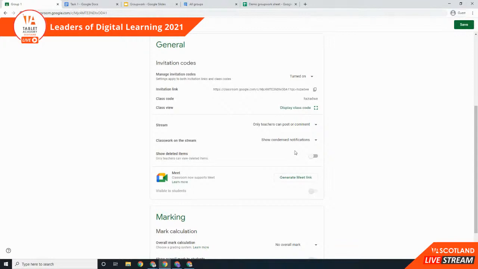But if you've got small group work classrooms where you want to create a space where they can chat collaboratively and share ideas with each other, then I would be strongly suggesting that you have that so students can post and comment, because you want that level of engagement. And you can also choose whether their classwork is displayed on the stream or not as well. So if you're wanting to create a space where they're having conversations about the work, then actually when you post a new assignment up,